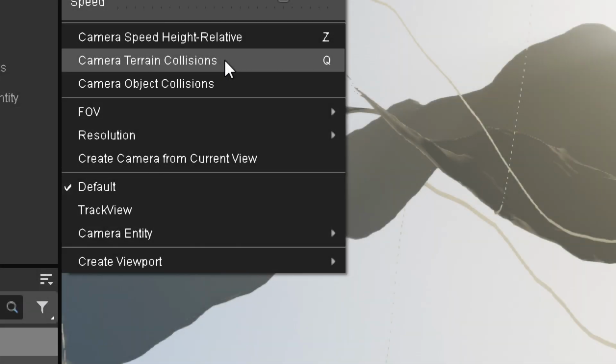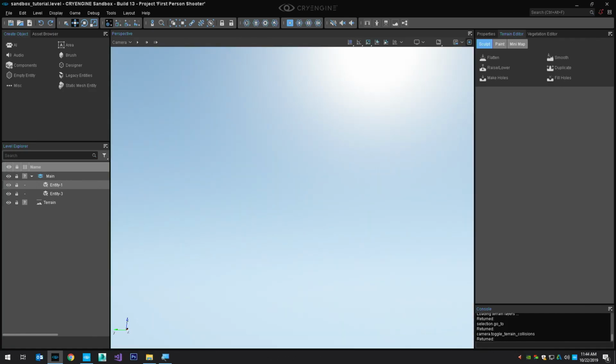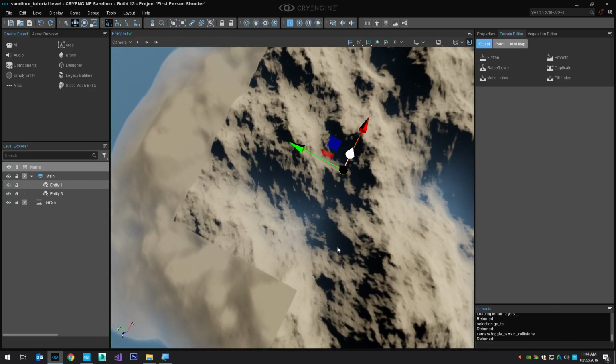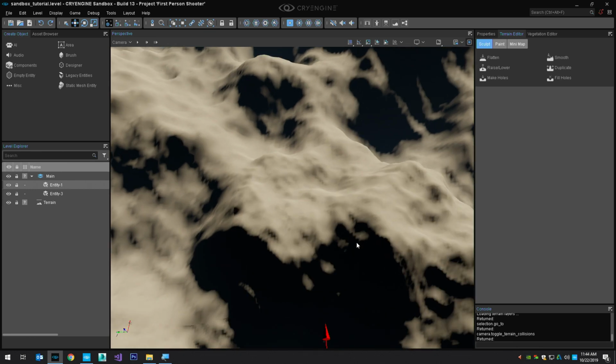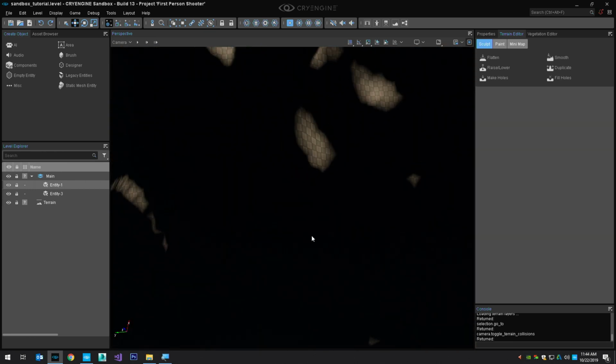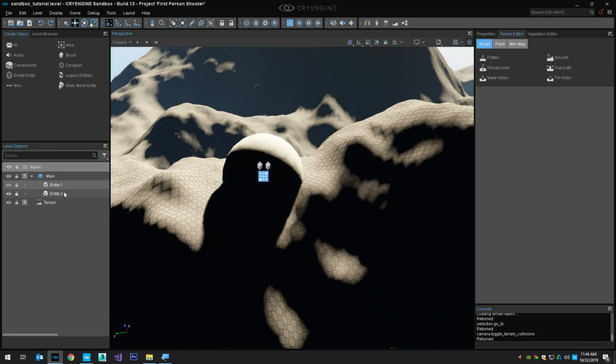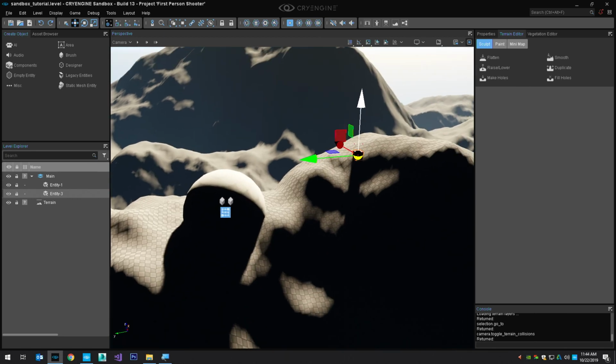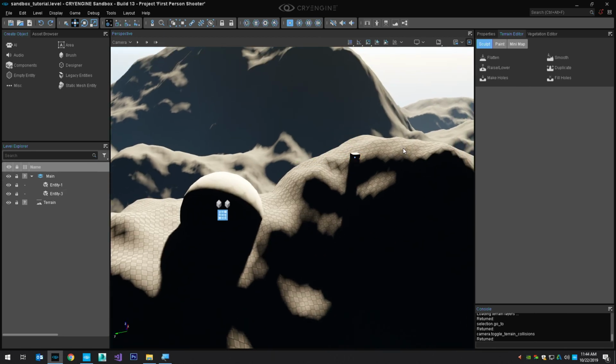By the way, your entities may have disappeared under the ground, right? Remember the Control-Shift-Click trick? So I've got an entity selected, I could Control-Shift, and now it's sitting on top of this mountain. Same thing with this one. Control-Shift, boom, there it is. Snaps the pivot of the object to the terrain. We're going to make some lakes and make some rivers, but before we do that, I want to point out